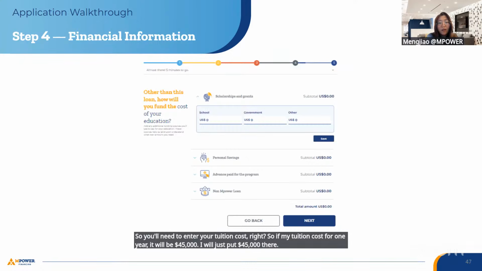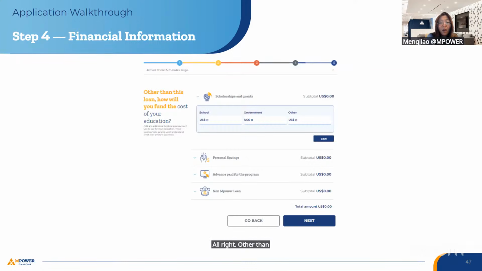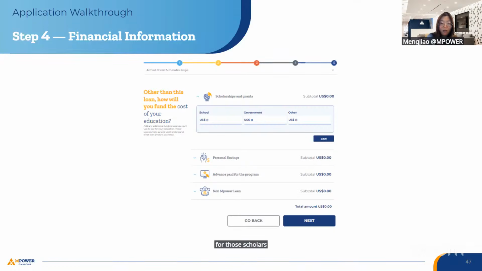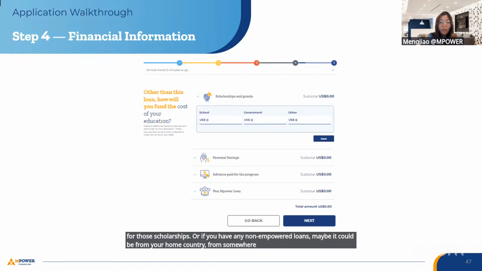All right. Other than this loan, how will you fund the cost of your education? If you have any personal savings, for example, or some programs may offer students scholarships, or if you have any non-MPOWER loans, maybe from your home country or from somewhere else, just list your information there.